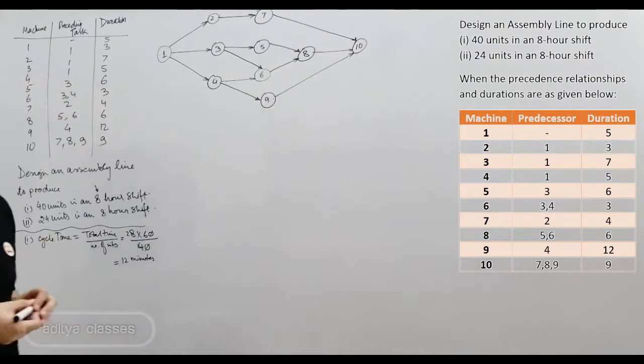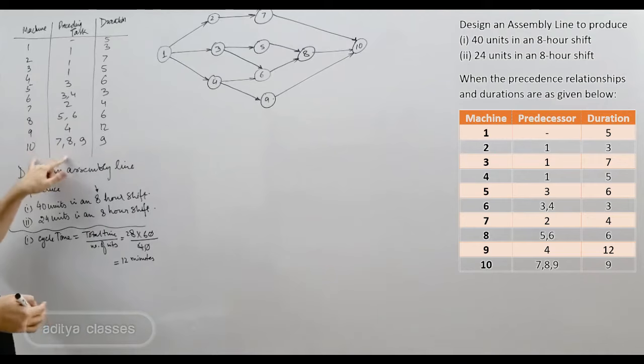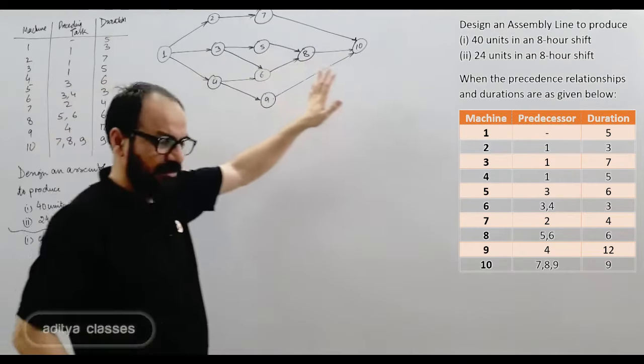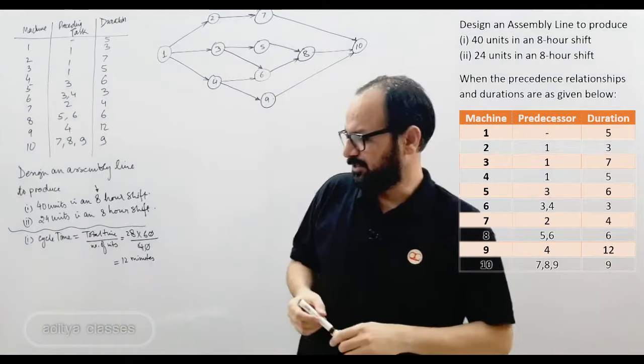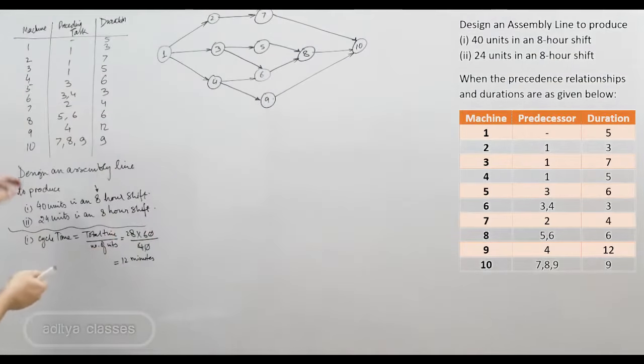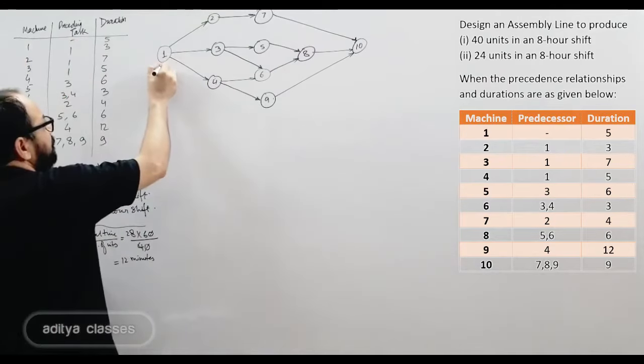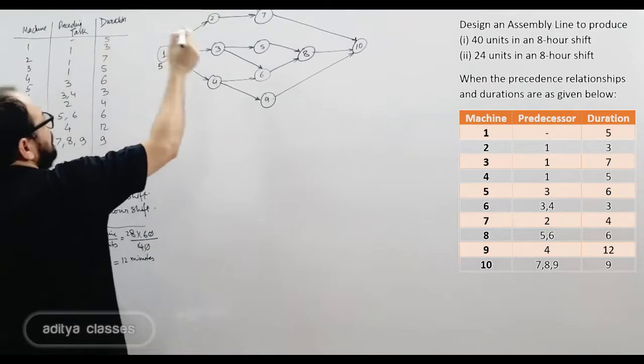Here is our network. So this is a network of relationships between these 10 machines. How is the material flowing? Now what next? We can have our durations written over there. On machine 1, processing worth 5 minutes goes on. Second is